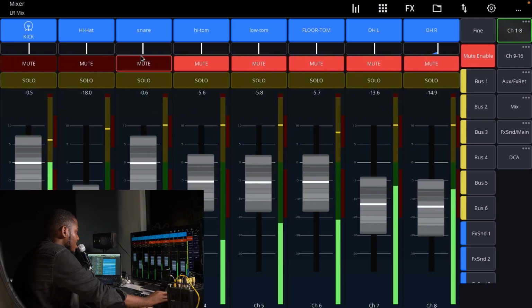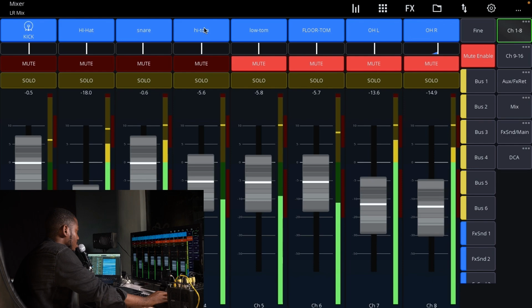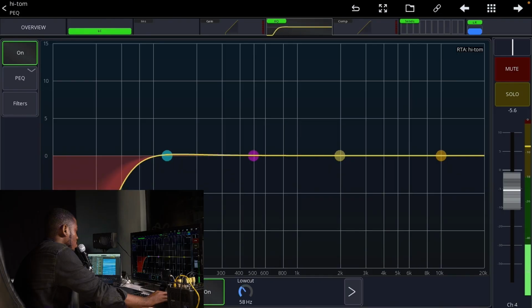Alright, so the next thing we need to do now is the high tom. Now you've seen so far that just with EQ, see how it's sounding, and like I always say, you sincerely don't need much. You get the good mics, good drums, good drum heads, and you are 80% done. So for the high tom,